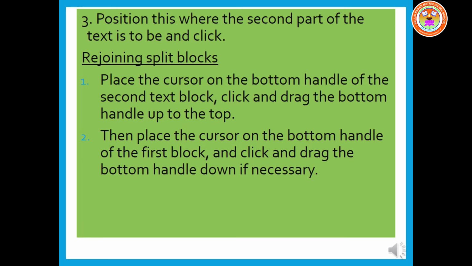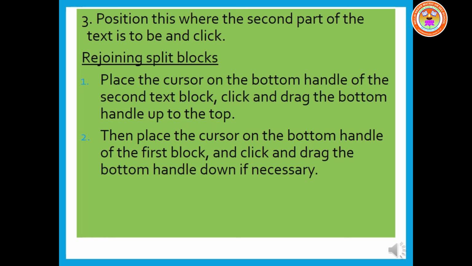You have to place the cursor on the bottom handle of the second text block, then click and drag the bottom handle up to the top. Then place the cursor on the bottom handle of the first block and click and drag the bottom handle down. The bottom one should go upwards, and then the top one should be dragged down. Then you are able to rejoin the split blocks.